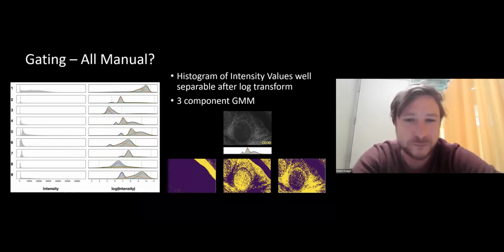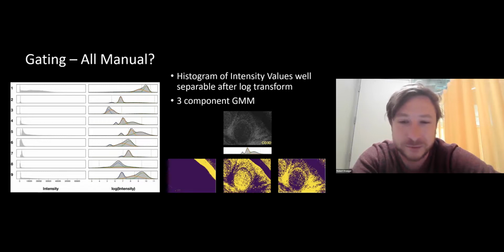And it turns out we can apply a Gaussian mixture model here that nicely separates these intensity distributions into 3 distinct Gaussian curves. The left one, the blue one, usually refers to the background in the image channel. The orange one, the middle one, usually captures the signal between the cells. And then there's one curve on the right, the green one, that usually captures the real expression signal